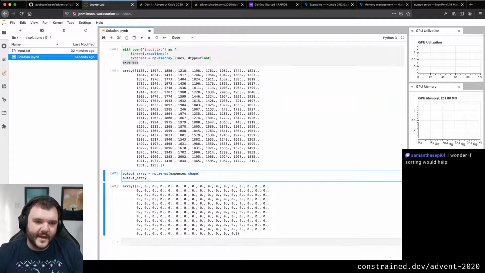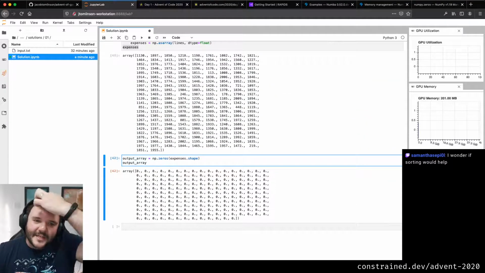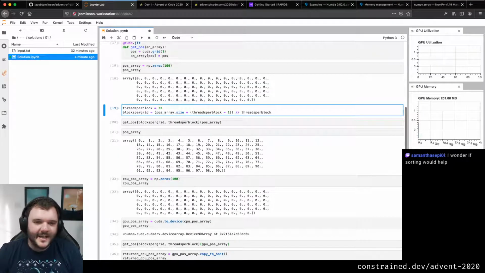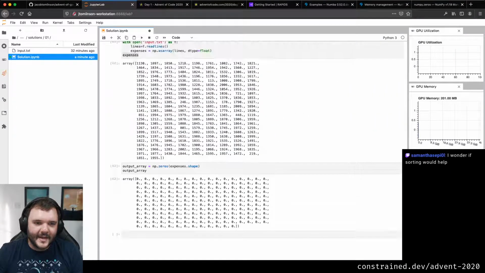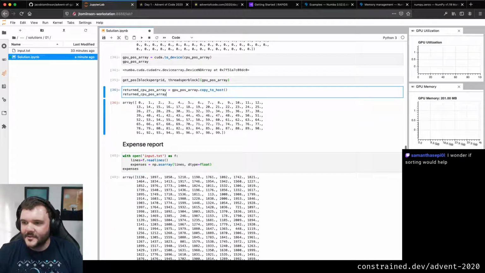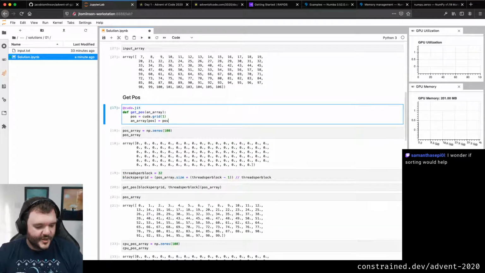Sorting. I wonder if sorting would help. Sorting might help. One of the things I'm probably going to achieve with this is I'm brute forcing the answer basically. Maybe that's what GPUs are going to be helpful for in this context. Calling the same function on all of these at the same time is extremely cheap on a GPU. But sorting would probably help from a computer science point of view, which is maybe the point of all of this, but I'm still trying to play around a bit here.